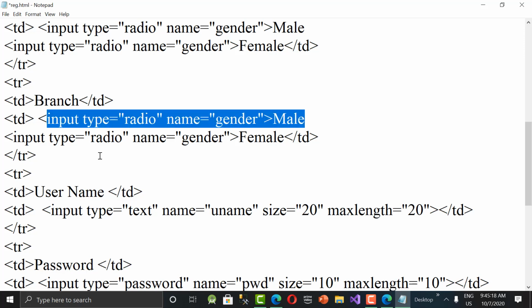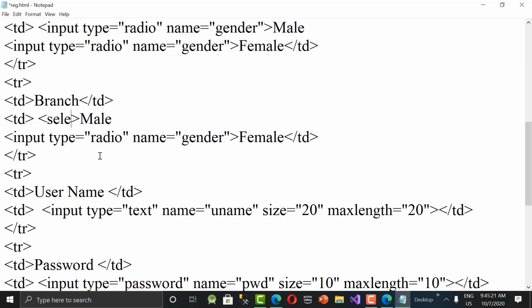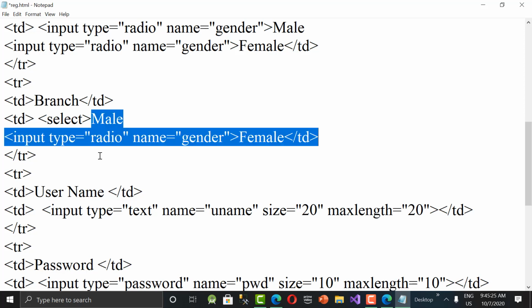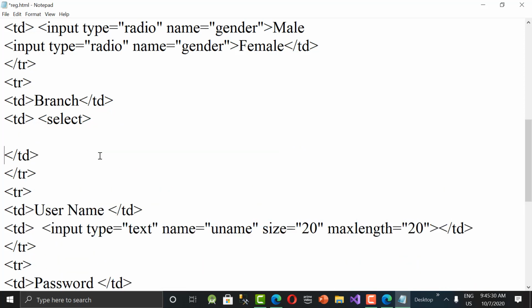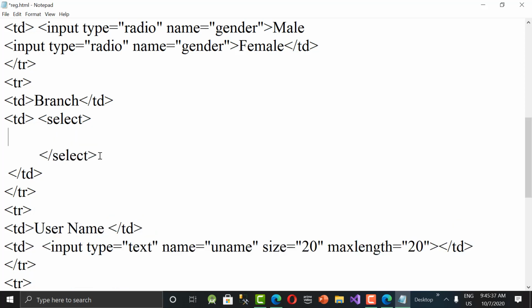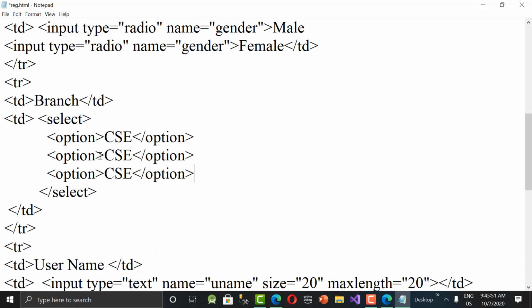The tag name itself is select. In between the select tag open and close, you can write options: option open, option close. All the branches we need to give: CSE, ECE, EEE, whatever. Copy paste. So this is going to be a drop down list where the user can select only one.